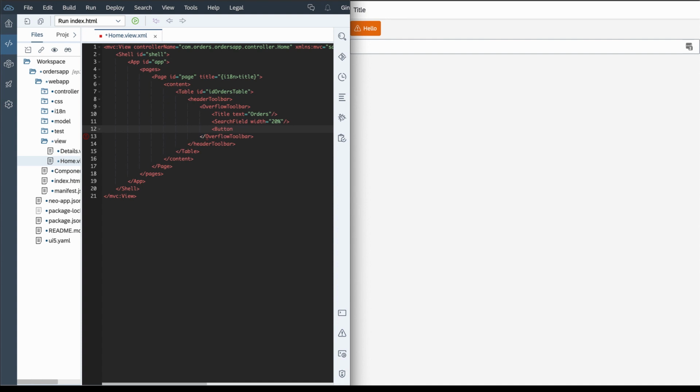Let's add the tooltip to the button, sort, set its icon to sap-icon://sort,